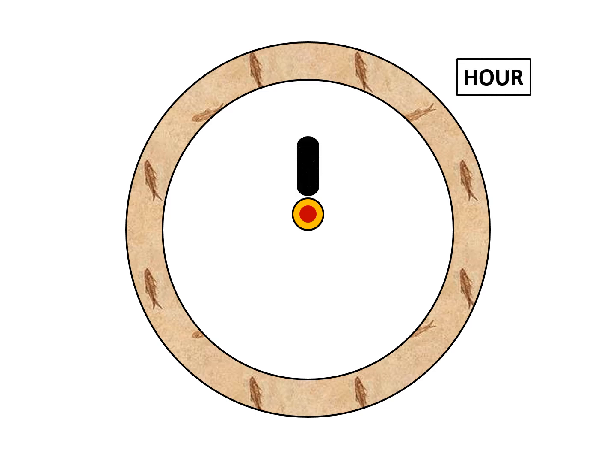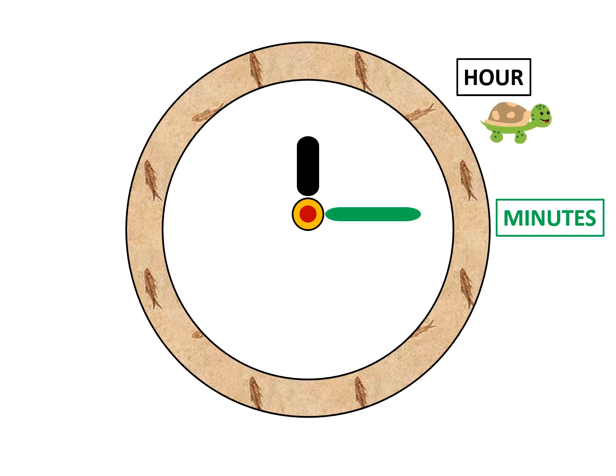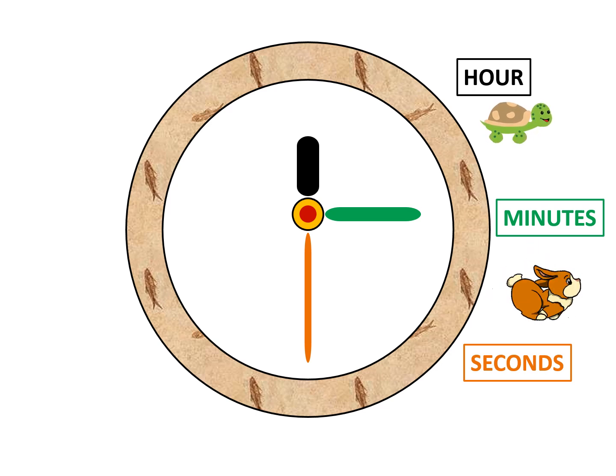First is the hour hand, which is the shortest among the three and slowest in speed to move. Second one is the minute hand, which is bigger than the hour hand and moves faster than the hour hand but slower than the seconds hand. And third one is the seconds hand, which is the biggest and fastest hand to move in the clock. Hour hand and minute hand are equipped in all the clocks and watches, but second hands might be missing in some.